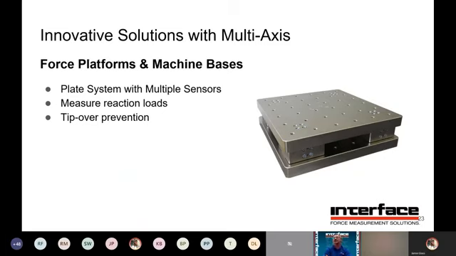This is somewhat interesting, is that you can make a plate system with multiple, either single axis load cells or multiple multi-axis load cells, and create quite a large system that can be used to measure loads, whereas you might have difficulty, say, finding a single 6-axis sensor that was large enough to survive very large reaction loads due to, say, a big platform. You can actually mount multiple 3-axis load cells at the corners and have quite a big platform. For example, you have a machine sitting on this base, say, or a